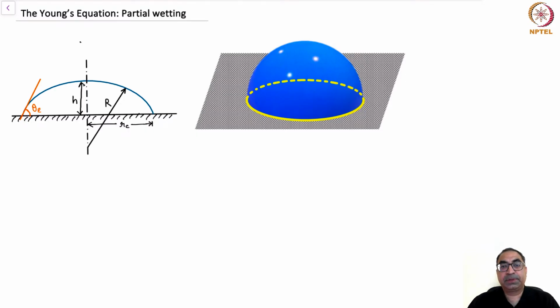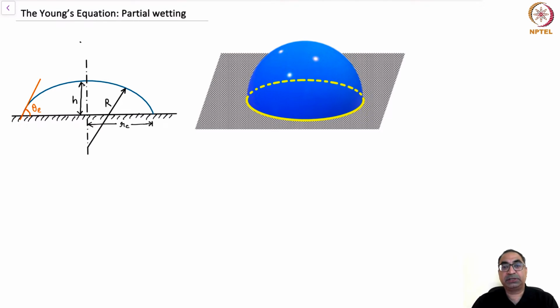In this lecture, we'll be deriving the Young's equation for the case of partial wetting. Now, in the previous lecture, we had shown that if you have partial wetting, there is a quantity called the spreading parameter S, which is less than 0. Further, in the previous lecture, we had also derived this Young's equation using a force balance approach, which in other words, this Young's equation tells us the relationship between the three interfacial energies that are present in